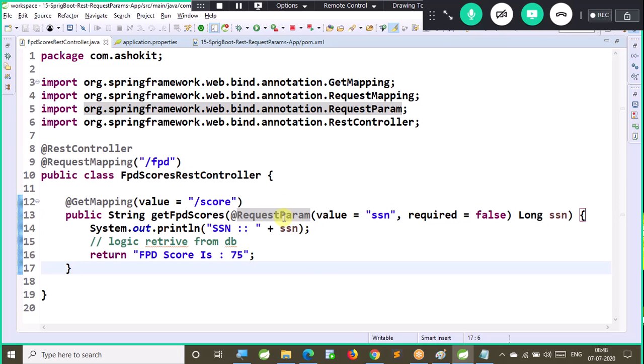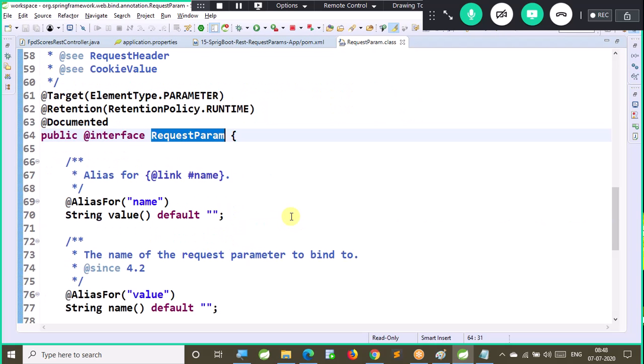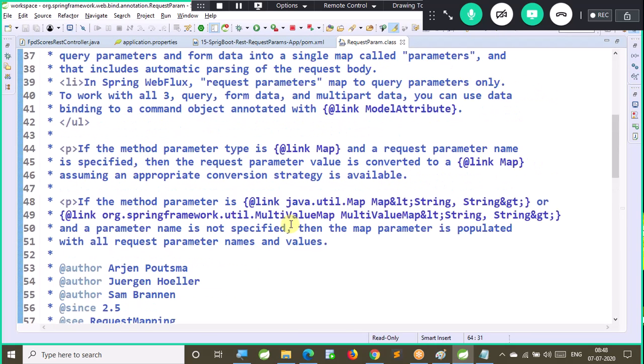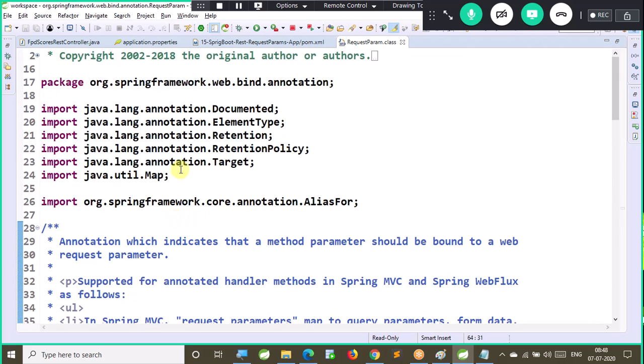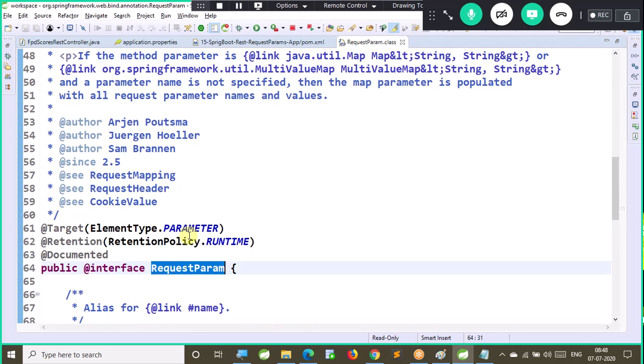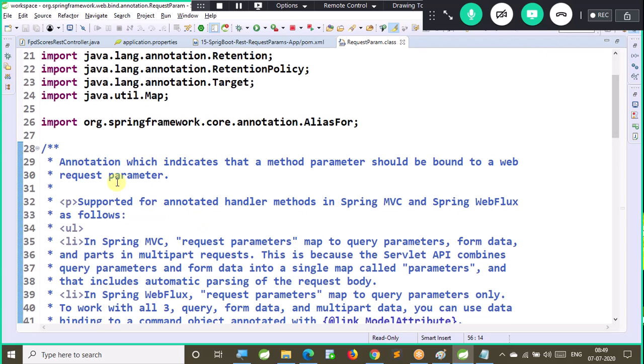Right. Now let's go and see the source code of this request param annotation. What is this and where is it provided? This is the documentation given by Spring Framework. This request param annotation is available from Spring 2.5 onwards.